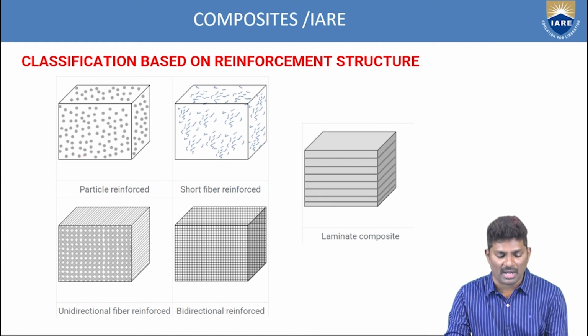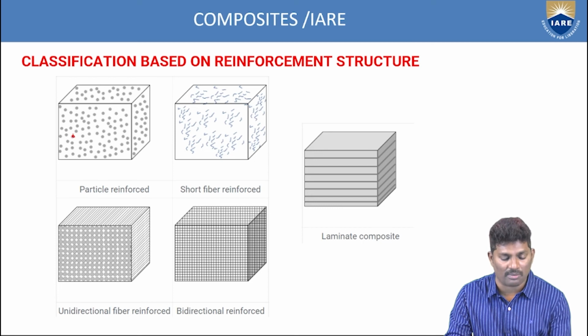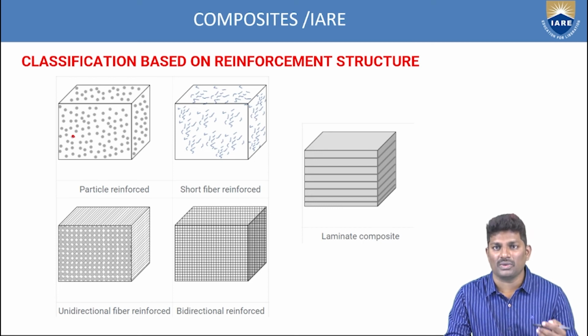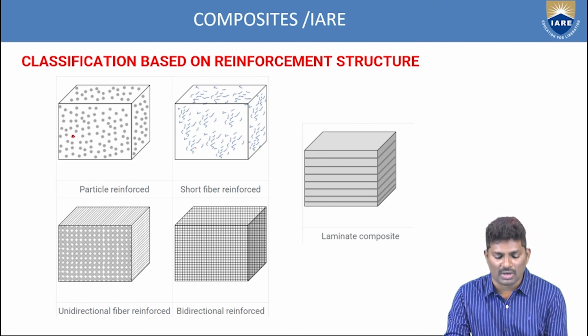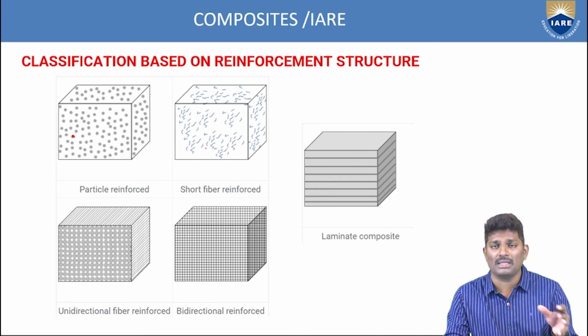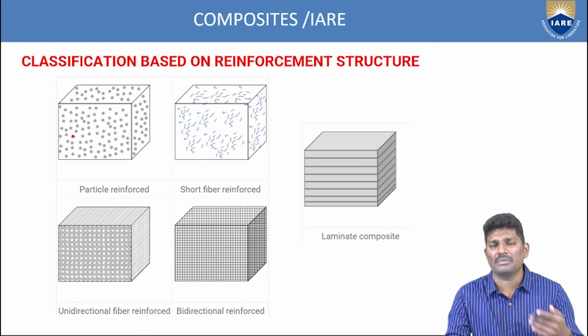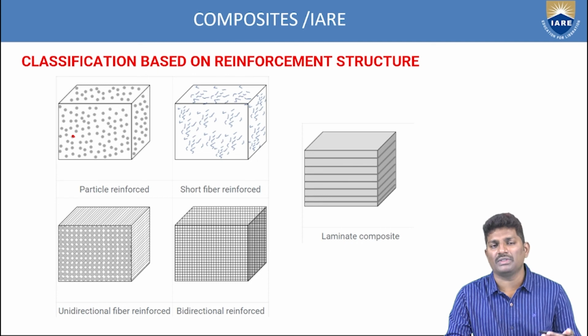When you compare the particle and the short fiber, you can see the difference between these two. With particles, you can see small particles bound with each other to look like a single material, and these are the short type of reinforcements. When you compare the properties between these two, they have some difference in the properties. And if you see the differences in the properties, the applications will vary.